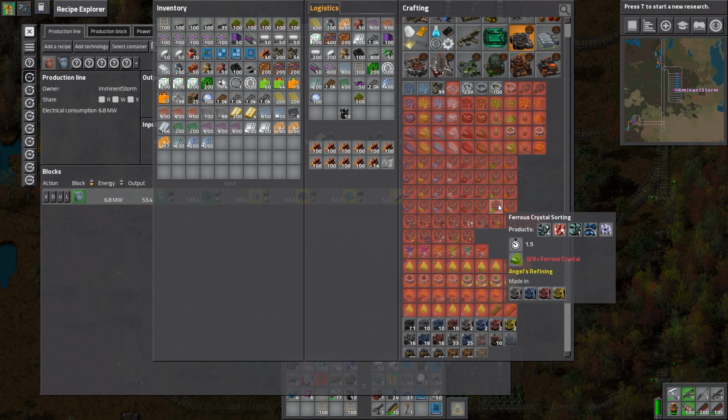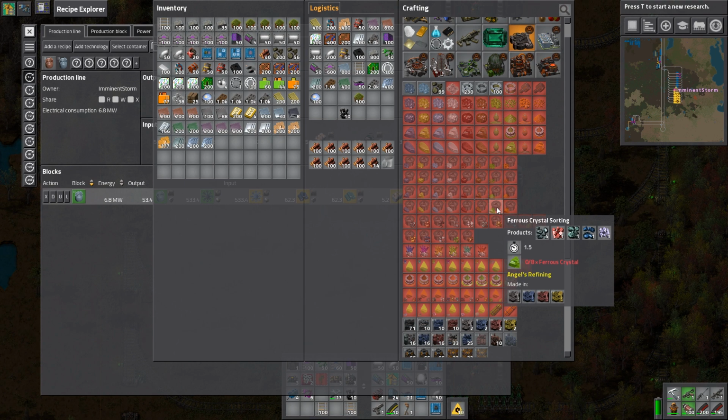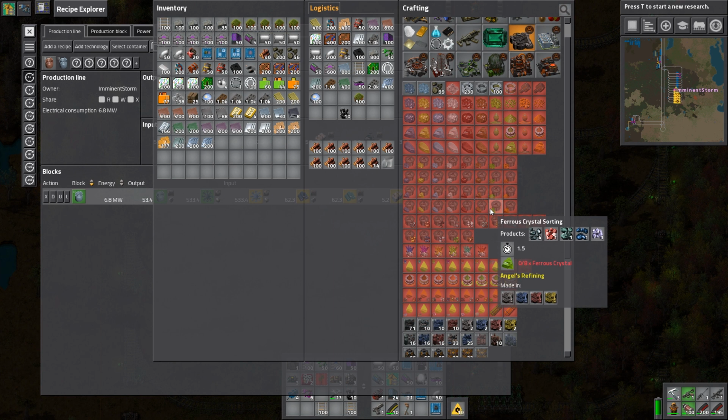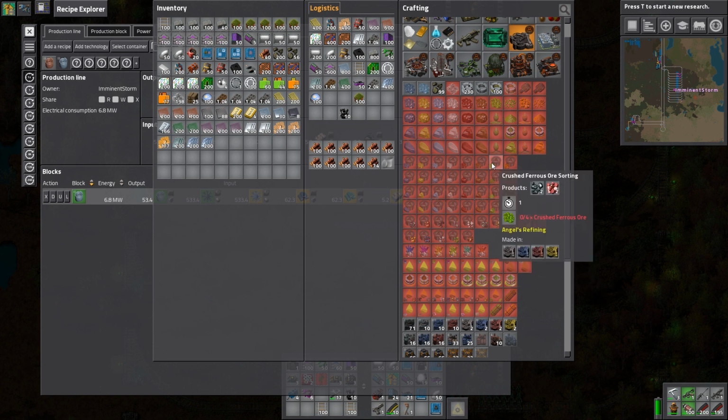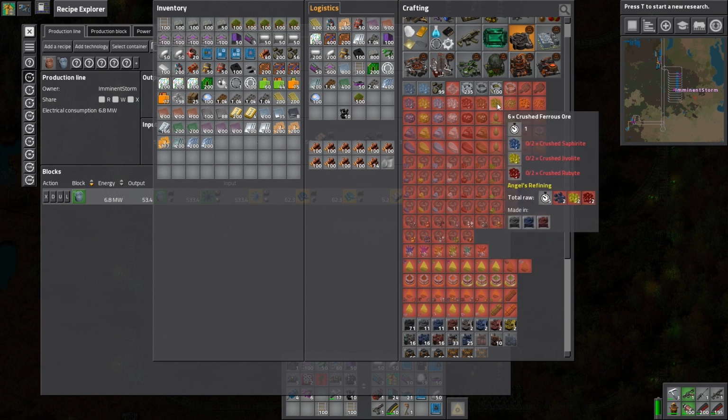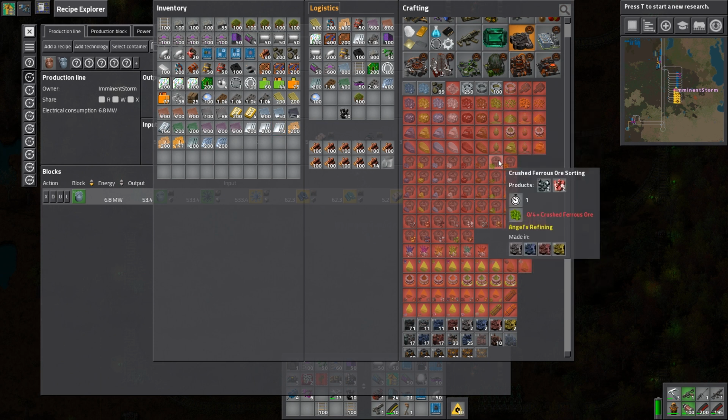Cupric, ferrous crystal sorting. See, that would get us manganese and chrome. Crushed ferrous ore. That would get us manganese. Crushed sapphirite, crushed givelite, crushed rubite. Then we can make crushed ferrous. We could sort it to make manganese. But it would make iron in addition, so